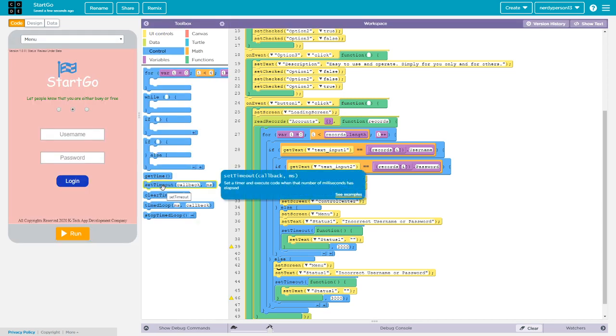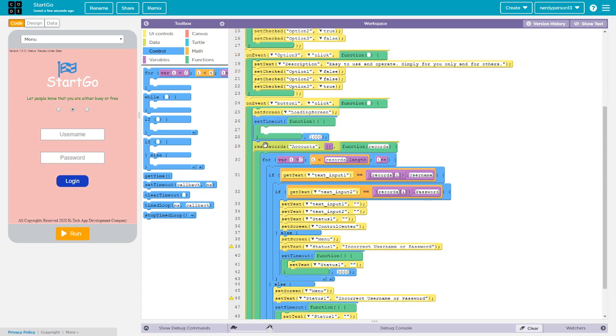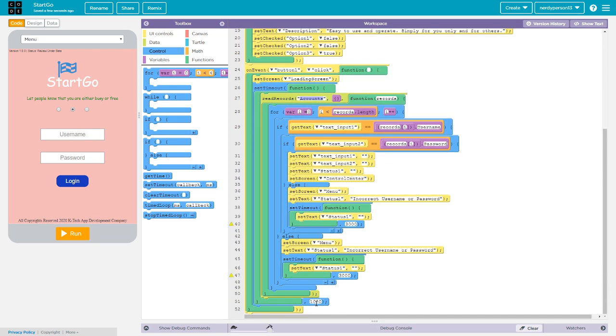Now let's actually set a timeout on this, just so the loading screen actually has a purpose. People with slower internet, for example, might have the loading screen a little shorter, or it might depend on internet speed. Basically, loading screens could take longer or they could be slower. But I'm just going to set a timeout so it does it evenly, and we'll put this at